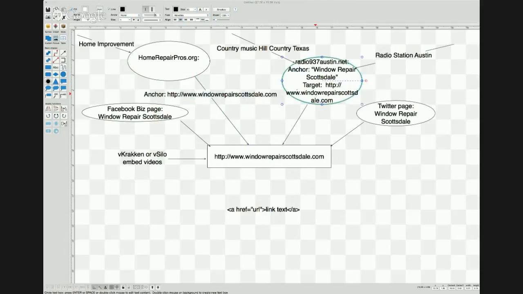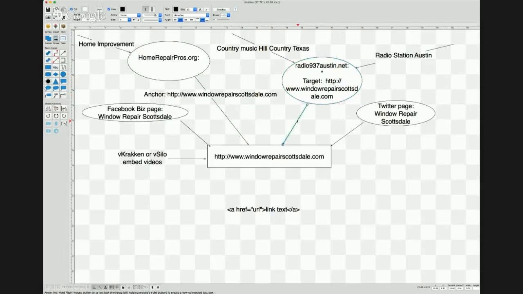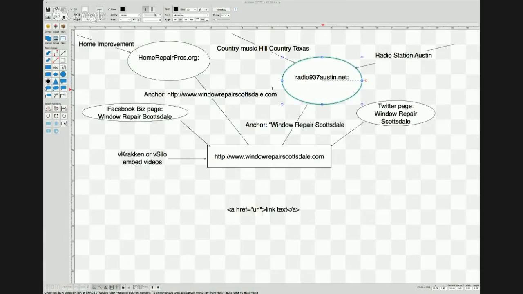And then if we do the same thing here, we're going to essentially have this as the anchor. I'm going to take that out. Put that here. Boom. And then we don't need this target in here either because we already know where that link's going. I'll just clean up this diagram a little bit more.